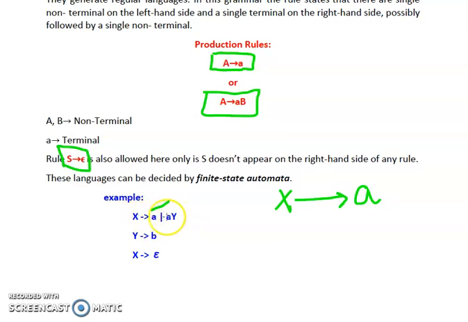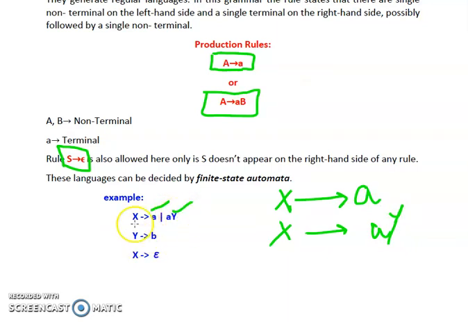Now X changes to aY. So in the second rule we have X changes to aY. Many a times I have told you that whenever this OR symbol is there, you can split this rule into two rules, that is X tends to a and X tends to aY. So I have represented X tends to a and X tends to aY. Now in this rule X tends to aY, there is a single terminal small a that is followed by a single non-terminal capital Y. So it is according to our second production rule. So it is also correct.